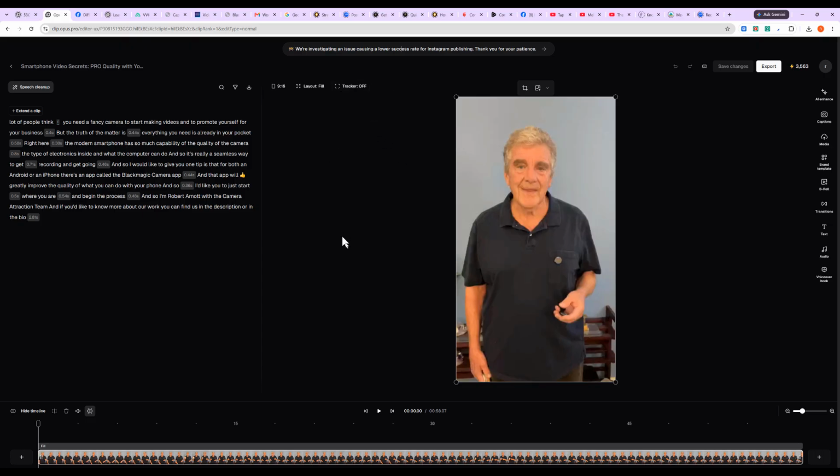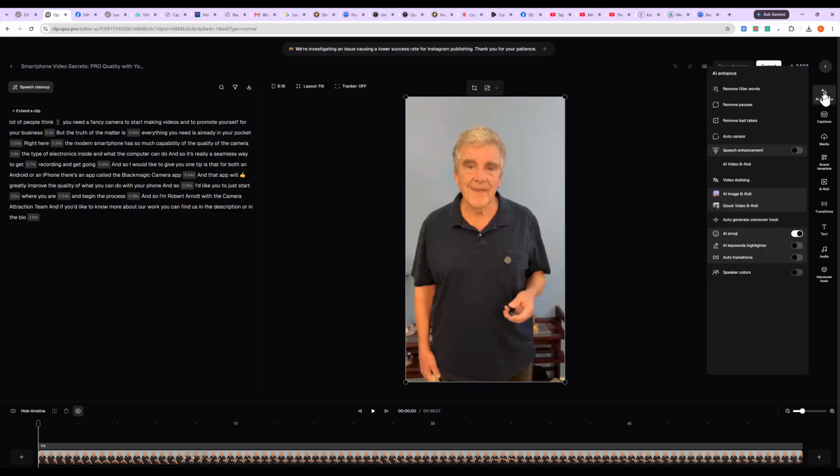Tracking is an AI version of a way to follow, so that if you move back and forth, it actually will track that, provided you've got the space, in other words, actually content on either side for it to move, okay? So over here on the left is the area that I would really think we should look at a little more closely. And I'm going to highlight